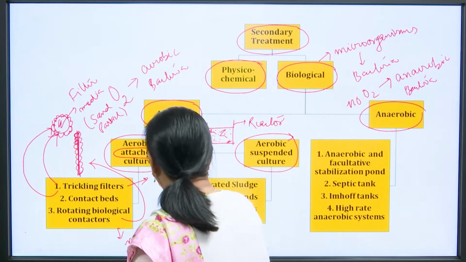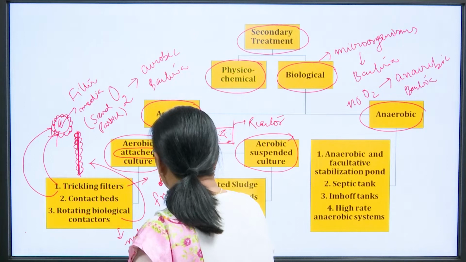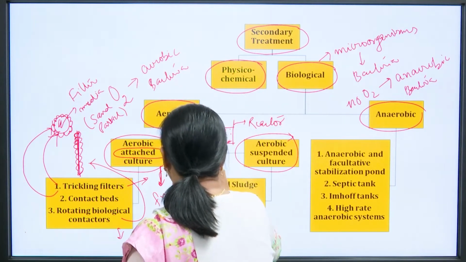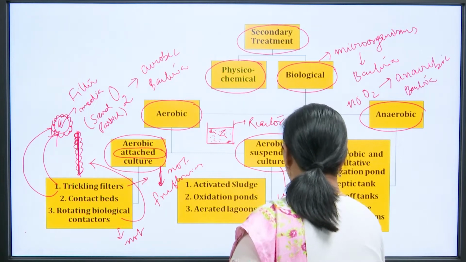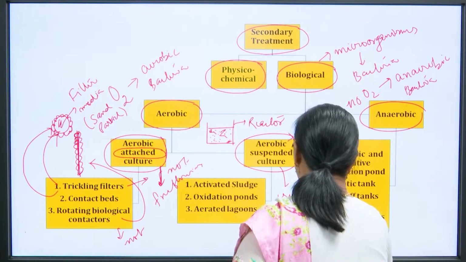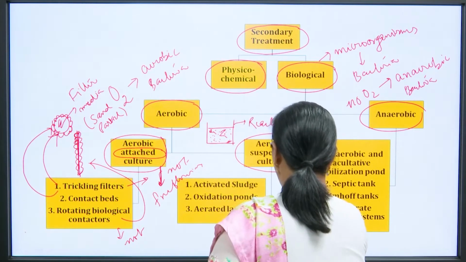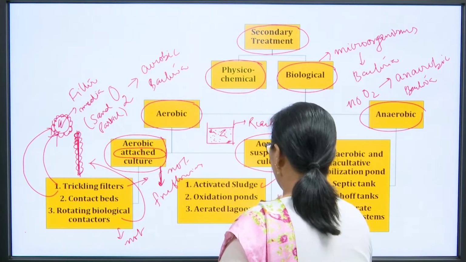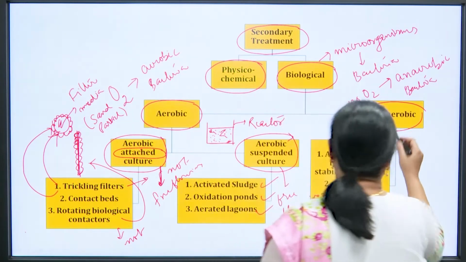So, here in attached, it is not free flowing, and in suspended you will have free flowing. So, the bacteria will be able to move; here there is no movement as such. In aerobic suspended we will have activated sludge, oxidation ponds and aerated lagoons, whereas in anaerobic we will discuss